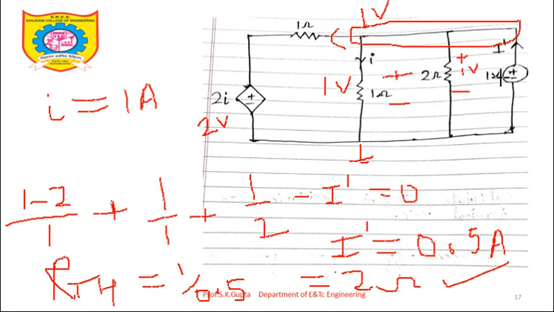So once again, instead of 1 volt, if I connect 10 volt, then 10 volt will come over here, 10 volt will come over here. So this voltage value will change. That's why it is nothing but a dependent source. Dependent sources are shown by the diamond shape. Okay, I hope it is clear. Okay, thank you.